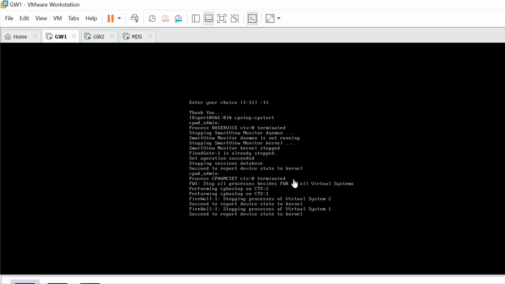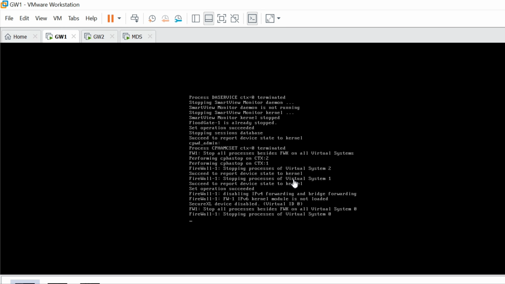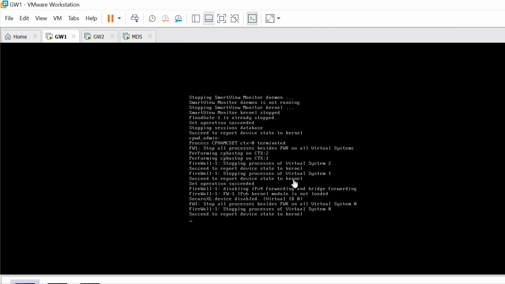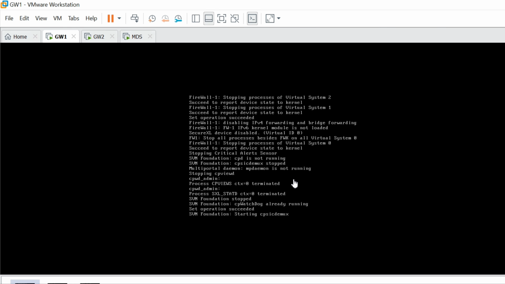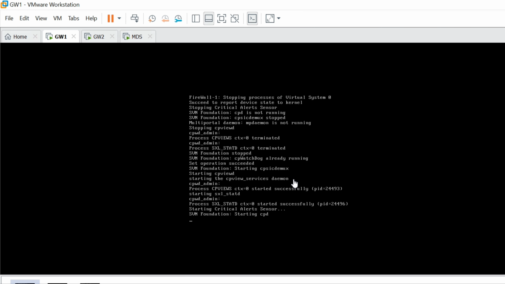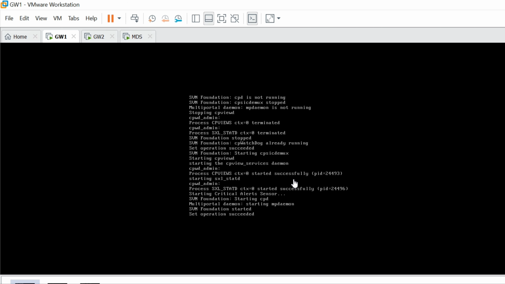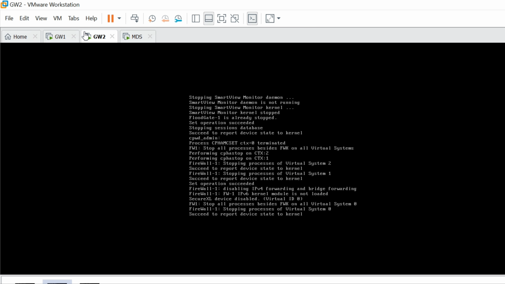So just wait for the gateway to be rebooted. It will take a couple of seconds. Just wait. Yes, I think cpstop has been done. Now it will start all the processes and it's getting started.